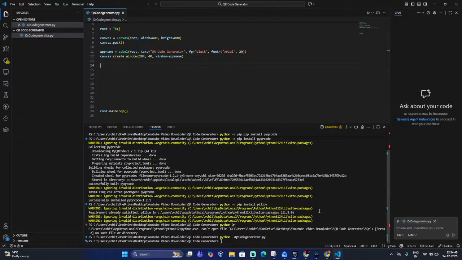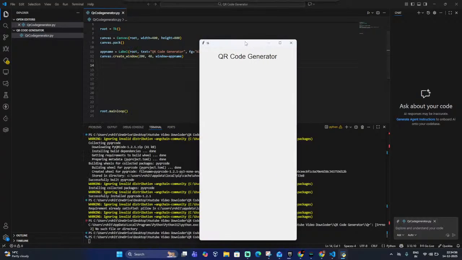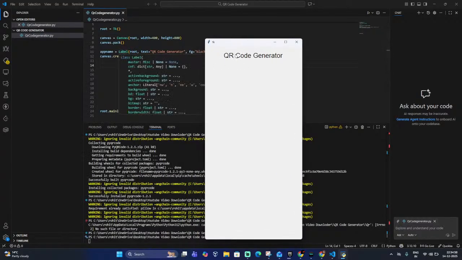Okay, so if I run again, I think now you are able to see this QR code generator that we gave here as label. This is coming here. Okay, so now you are able to see this. Fine. So let's get back to our code,